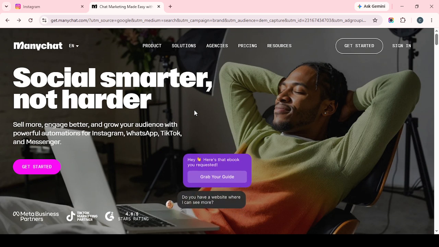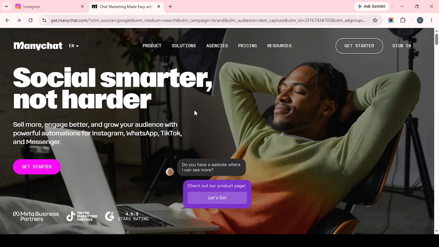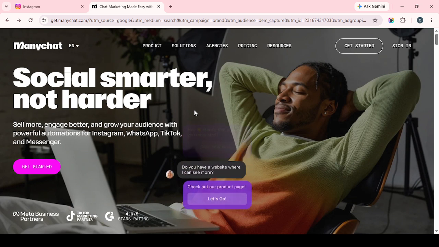As you set this up, make sure the flow matches the promise in your content. If your post says they'll get something instantly, the automation should deliver that experience. Clear wording, a strong keyword, and a smooth DM sequence all work together to improve results. Once everything is live, your content can keep bringing in comments, triggering DMs,